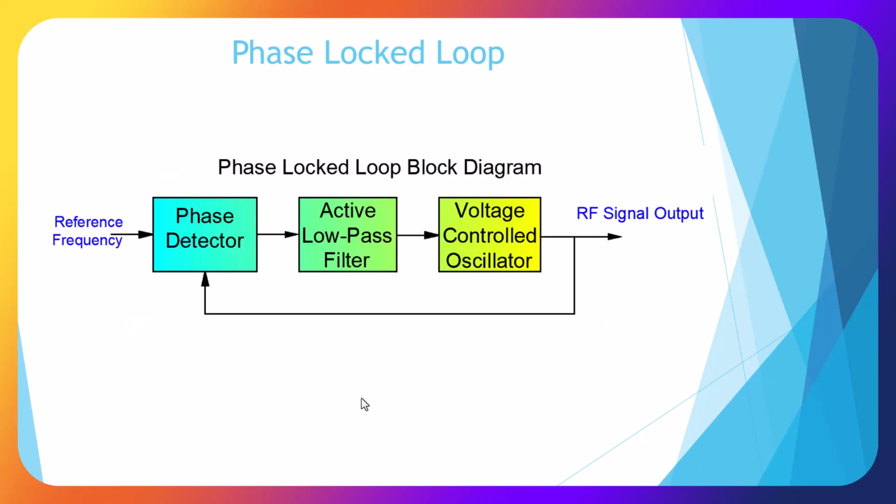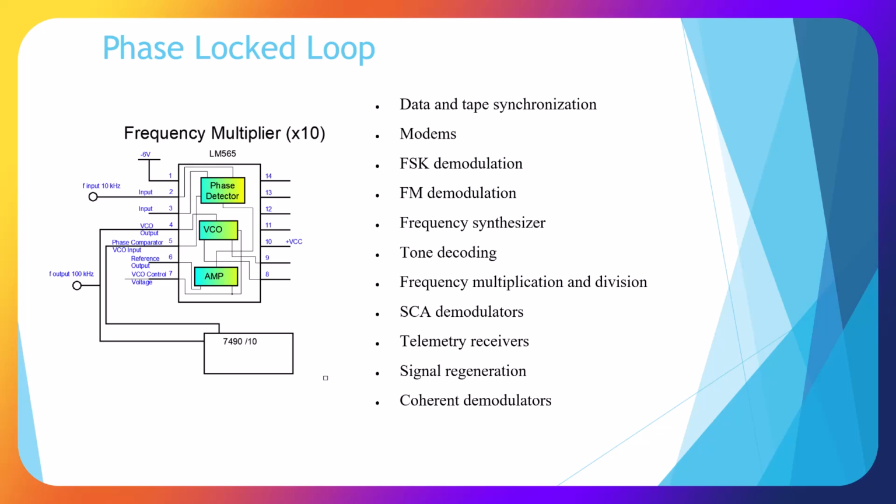This is a simplified phase lock loop diagram based on the FCC test, where we have a reference frequency, phase detector, active low pass filter, which I also call anti-alias, and a voltage controlled oscillator and an output signal. Here's a phase lock loop IC. This is the